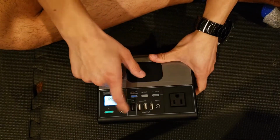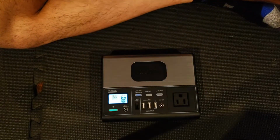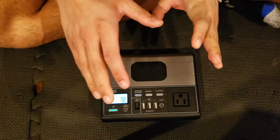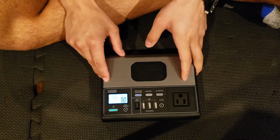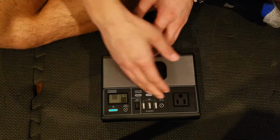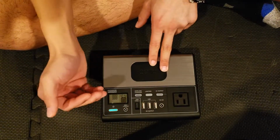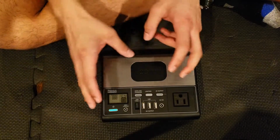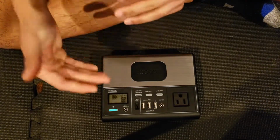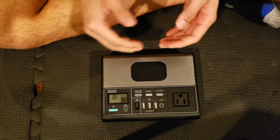The thing I also talked about with the USB-C port, and this is true of both ports actually when it comes to pass-through charging. I did notice that, let's say you plug it in and you charge it to 100%, and it shows no more input, it's fully charged. Well, if you then draw power from it, i.e. turn the AC inverter on, or draw from the USB-C or any of the other ports, or turn the wireless charger on, the battery will start to drain quite a bit before the unit actually kicks on the charger again, the internal charger, to recharge the battery. And as a result, the battery voltage will drop quite a bit before the charger kicks in to allow pass-through